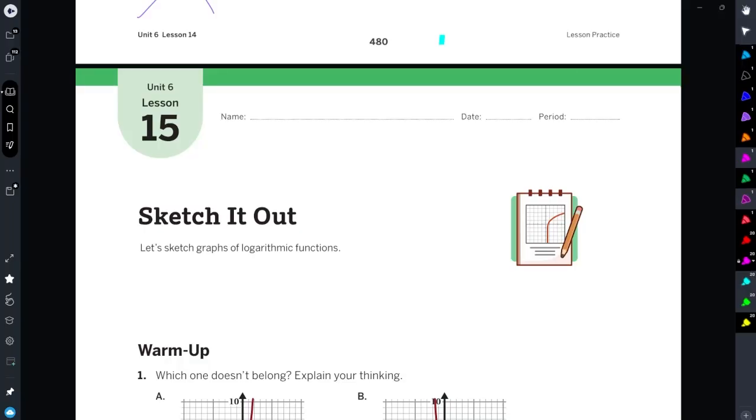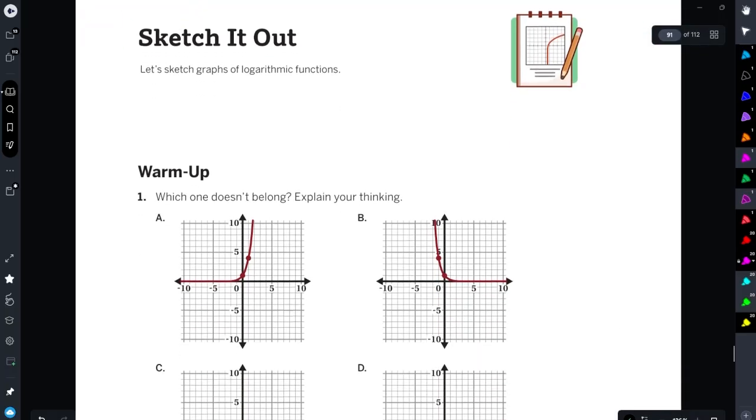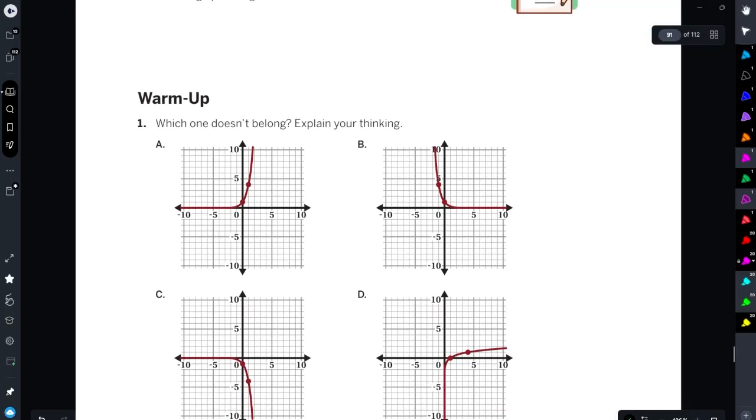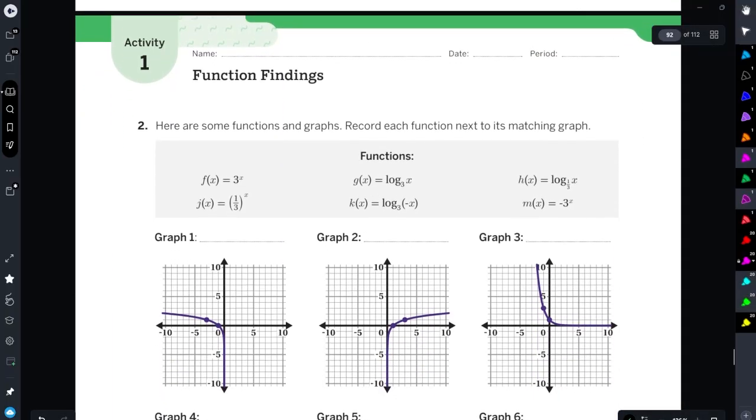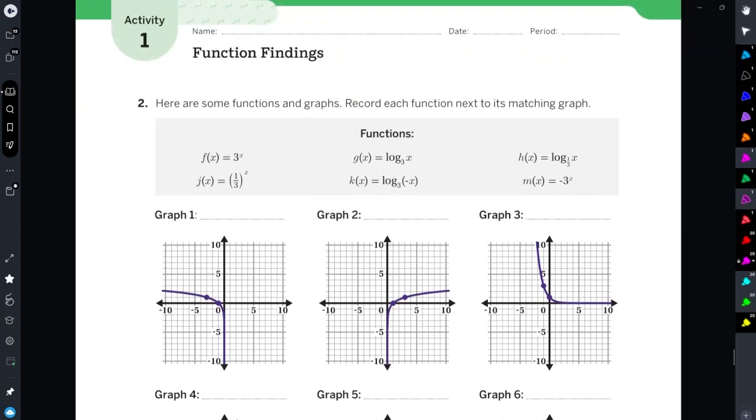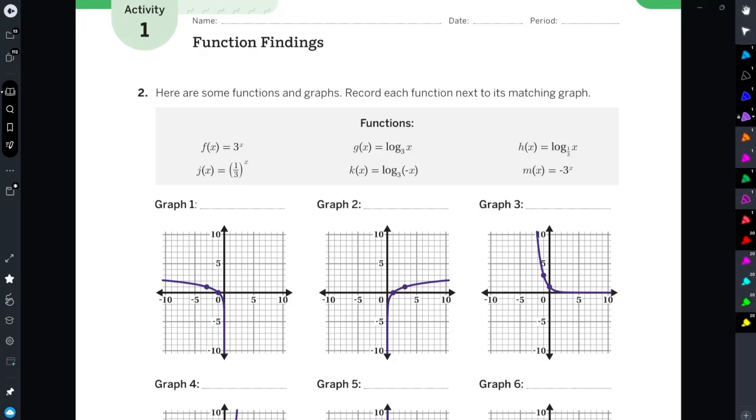All right, our last lesson in Unit 6 is number 15, where we're going to sketch some logarithmic functions. Now, if we were in class, I probably would have you do this, which one doesn't belong, and explain why. But because we're doing a video lesson, we'll skip that for now. Now, our first activity has us looking at these functions and graphs and matching them up. So we've had a lot of practice with exponential graphs so far, so let's get those out of the way